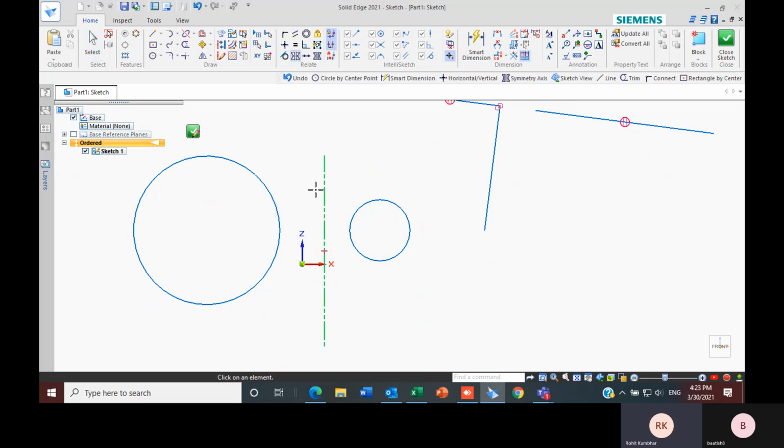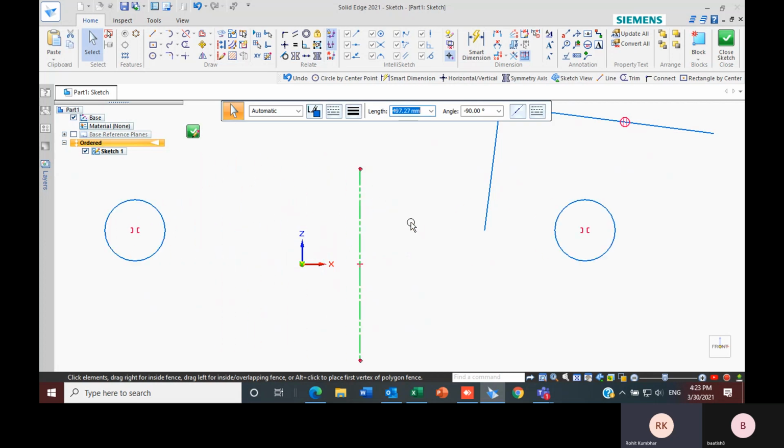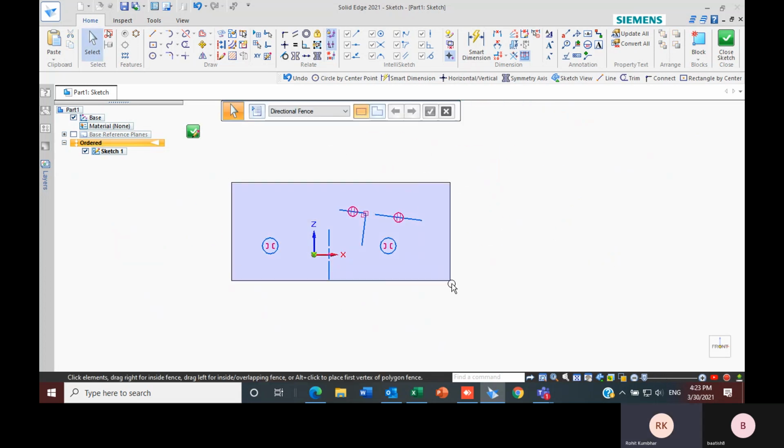And if I use the symmetric command, the axis will automatically get selected as this axis, and I can change this one also. If I try to change its position, it will get changed according to it. So this one is about